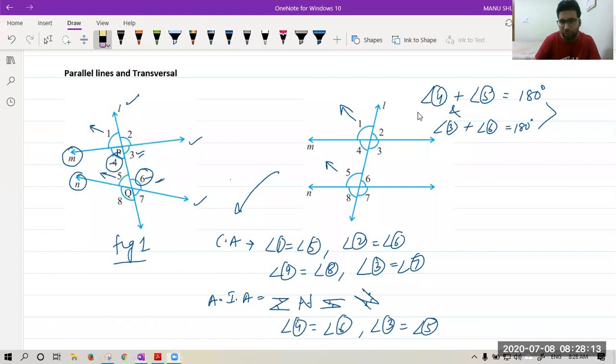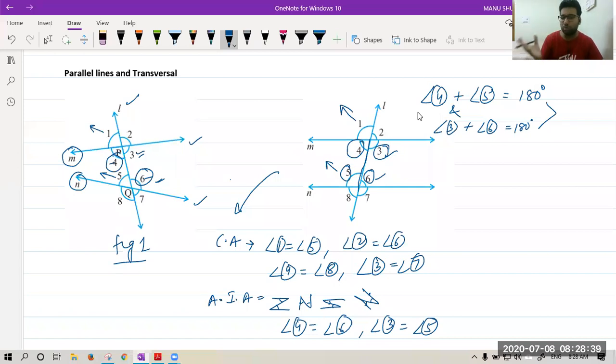If you observe, 3 is an interior angle, 6 is an interior angle, this is the transversal, so they both are on the same side of the transversal. Similarly, 4 is an interior angle, 5 is an interior angle, and they are both on the left side of the transversal, so they are on the same side. Okay, so this way we have found all the properties and we have understood this.